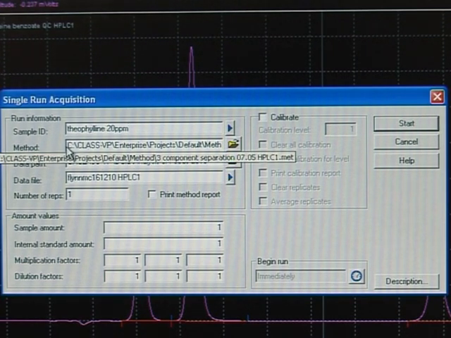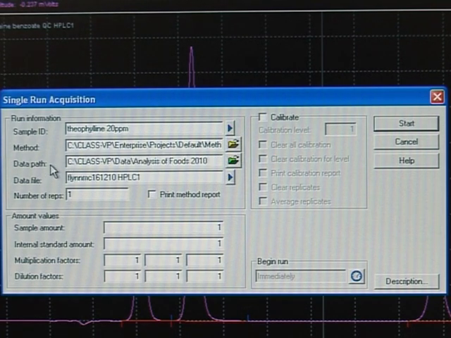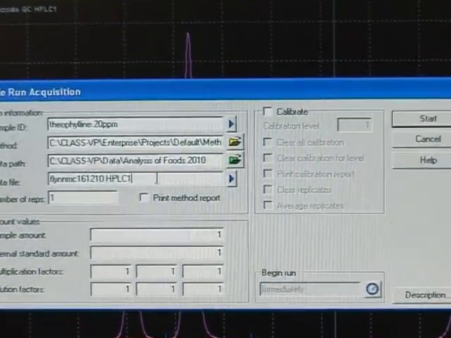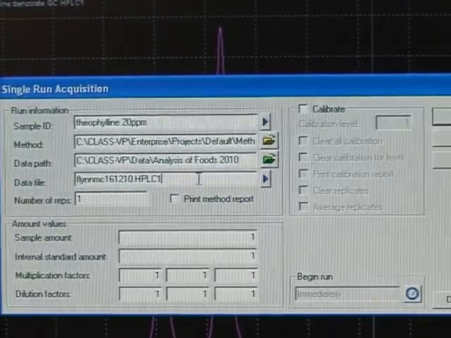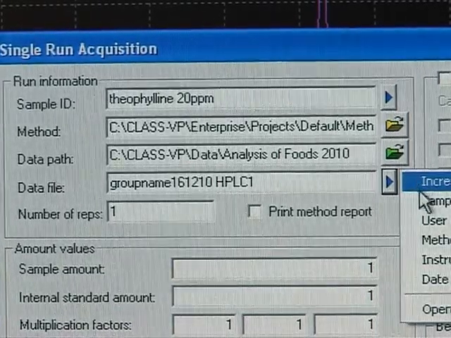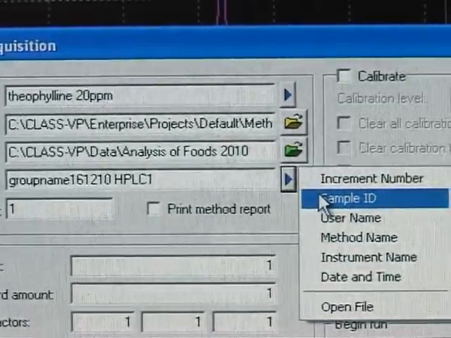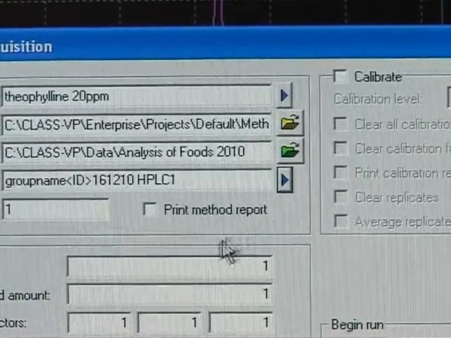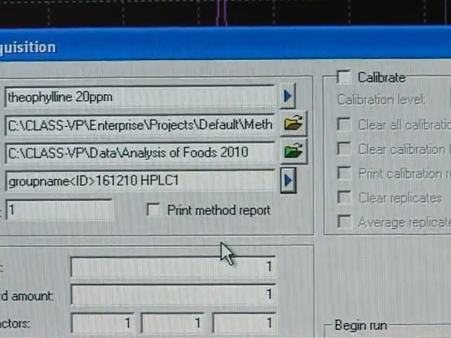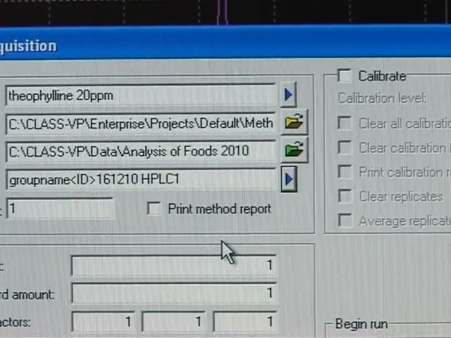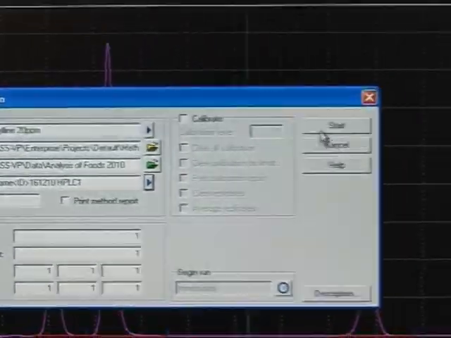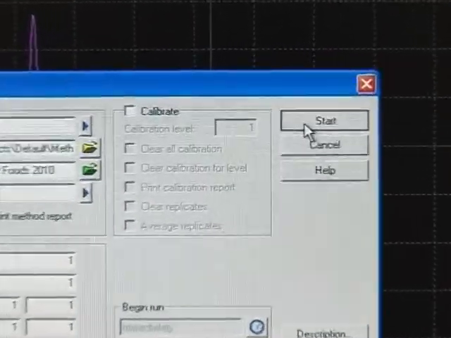The data path should also already be selected. In the Data File box, type your identifying details, for example, your surname or group name. Click the arrow on the right-hand side of the Data File box and select Sample ID. The scans will be labelled according to your identification details, the numbered position of the sample that's being analysed, and the sample identification. When all of the information has been entered, click on Start and wait for the files to